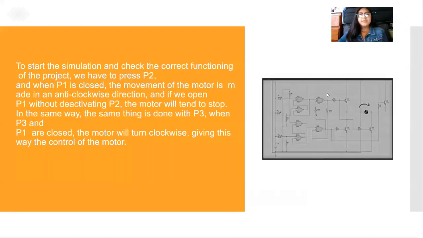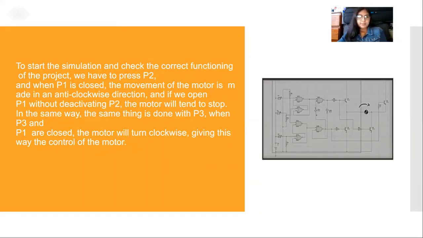Then the other connections between the following gates and inverters will be made. This NOT and OR gates will have the task of reversing the rotation